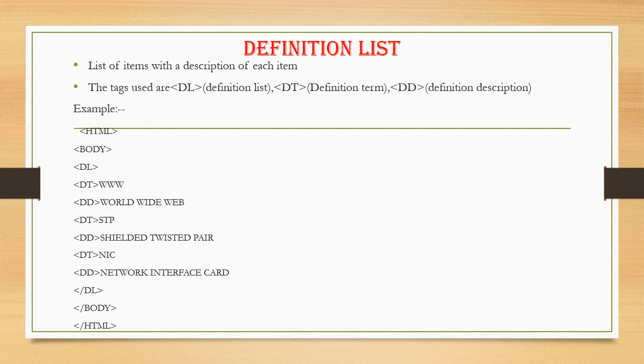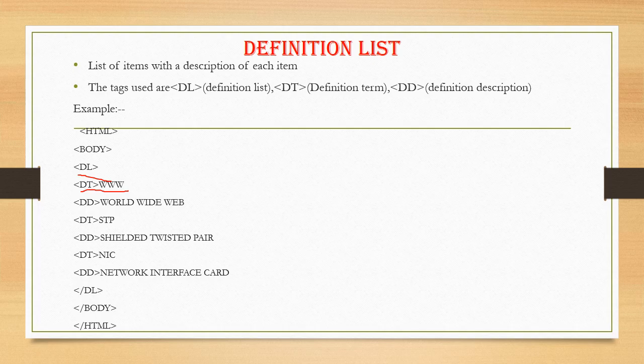So same as we are using the HTML body, now I am giving here DL. I don't want the title or anything, I am just starting directly. So every time a definition list should be starting with what? DL. So first one DT, then DD. The first term I am giving here is www. What is the full form of www? World Wide Web. So we can give in DD World Wide Web.